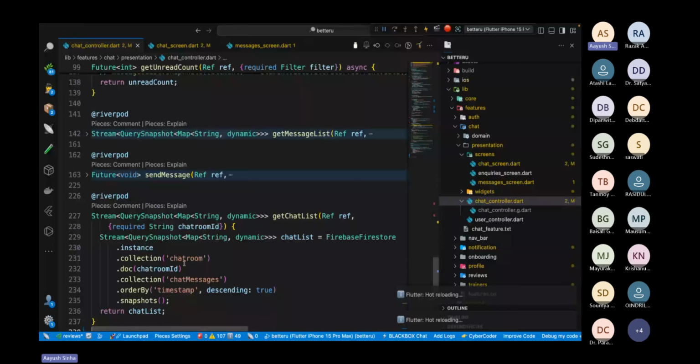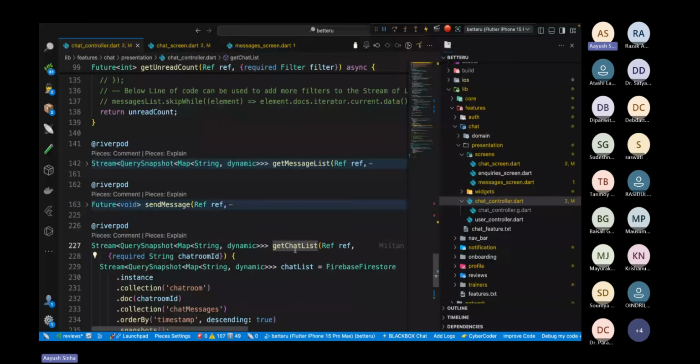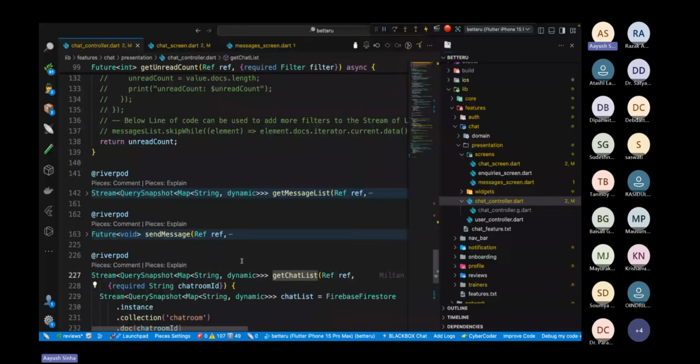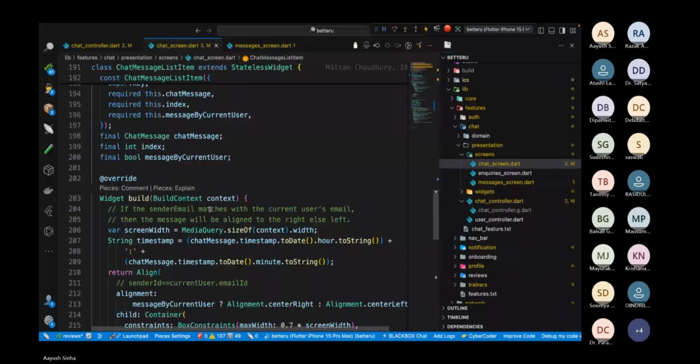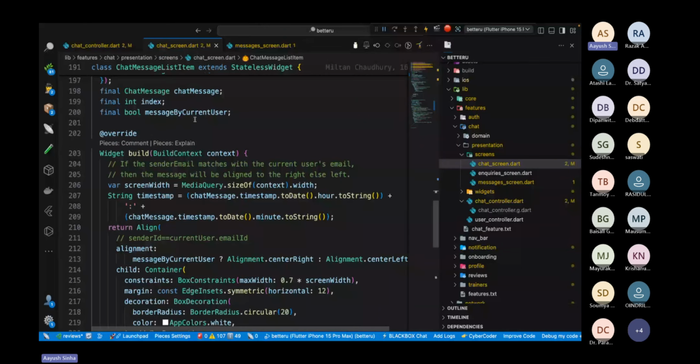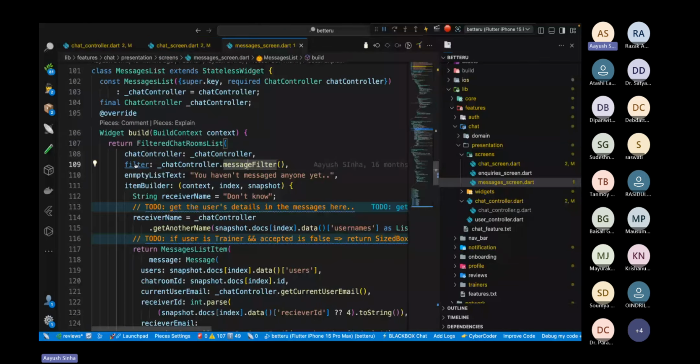So this is for getting the chat list. After getting the chat list, in the messages screen, this one, here I am calling the filtered chat room list, which is